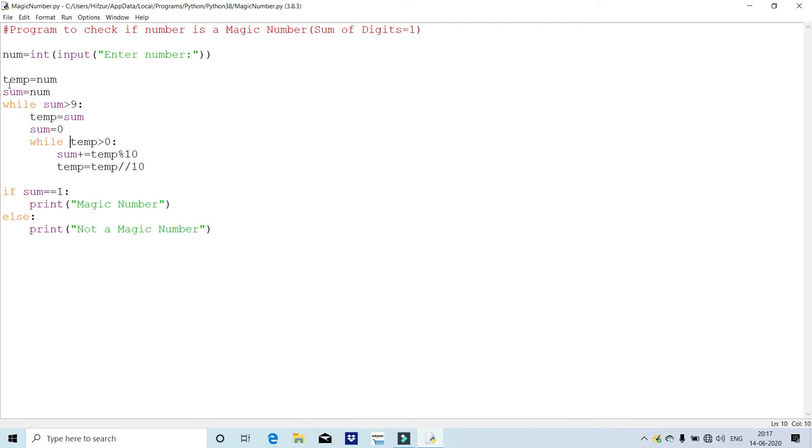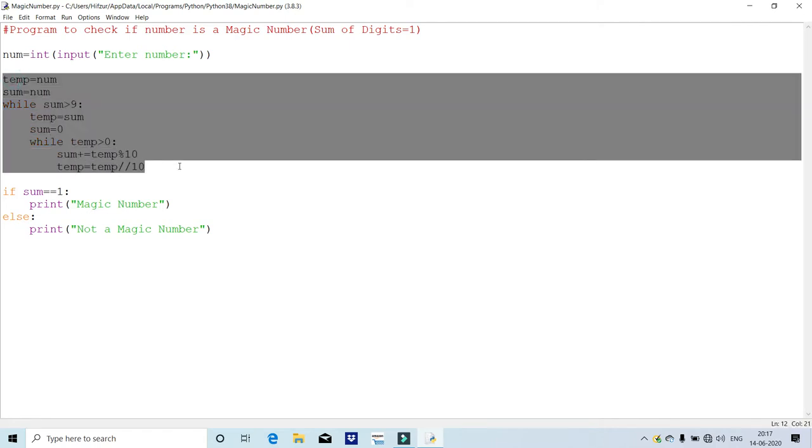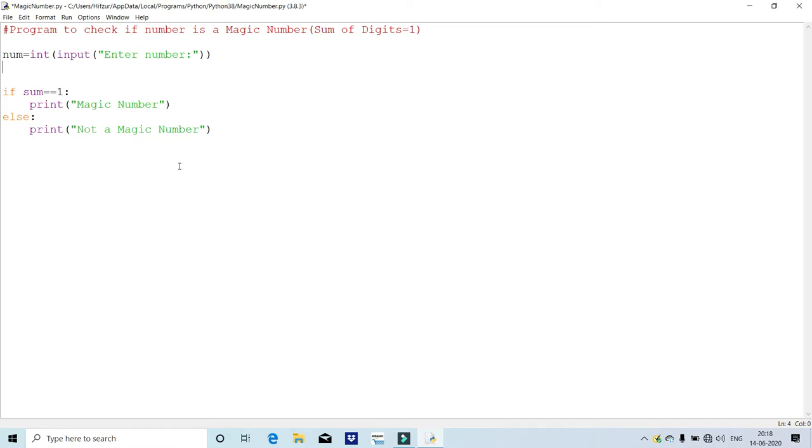We can change this again in a single line. And what that can be, I am going to remove these lines. These are unnecessary, and here I am going to type num modulo 9 equal to 1.